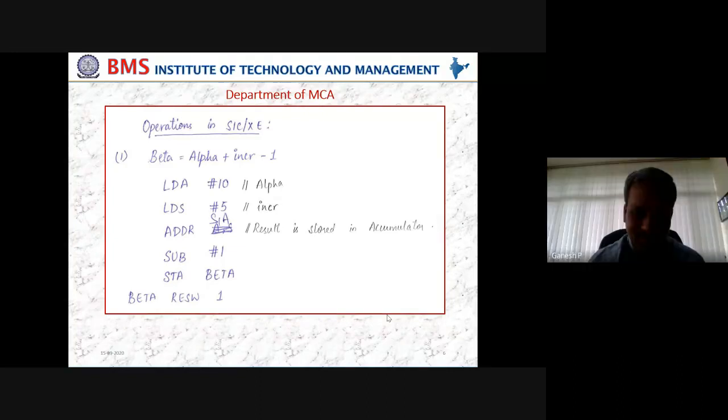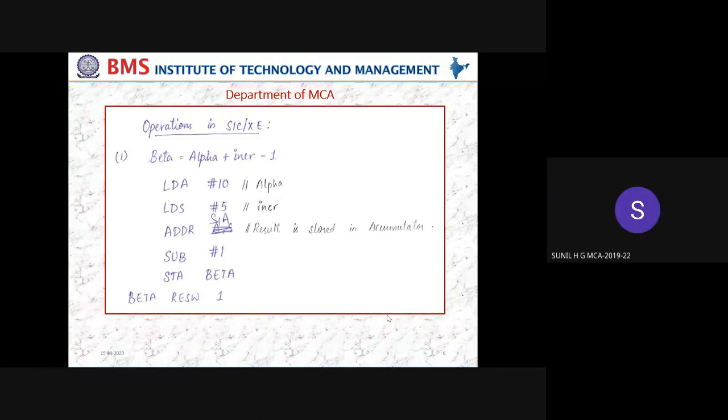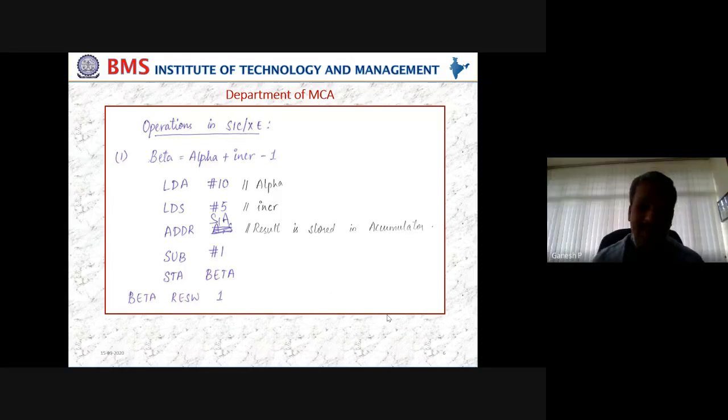Okay, sir. Even though we can give a target address after some subtraction, all arithmetic operations utilize the accumulator as one of the operands. That you should not forget. So in SUB, you can use the accumulator as a source or destination, but by default the accumulator is used as a destination only.